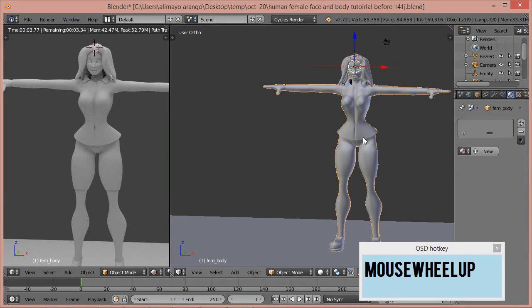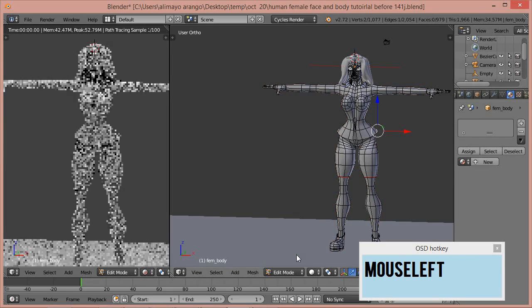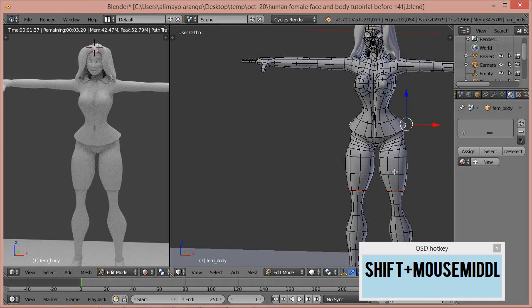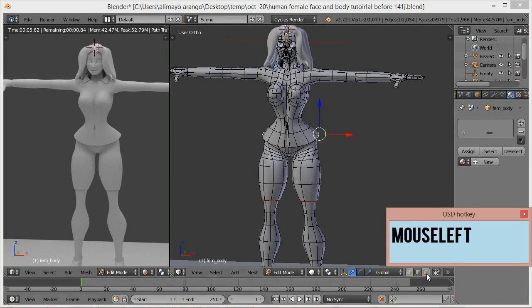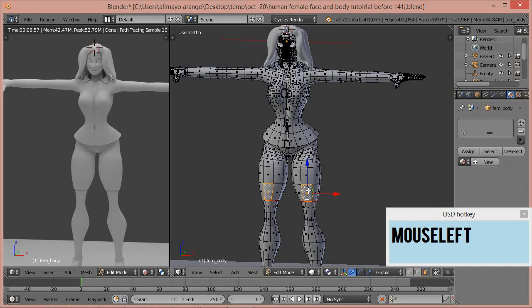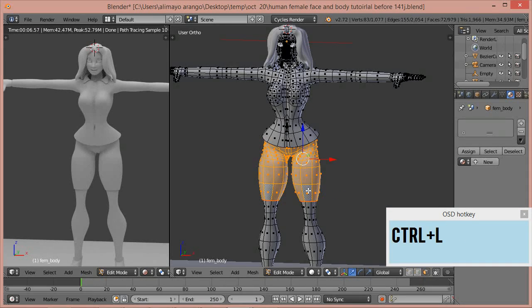Okay, so we're going to click here. We're going to go to edit mode. And here, I'm going to press face select. I'm going to select this face here. I'm going to press Control L to select the entire area of these shorts right here. Okay, and with those shorts selected,